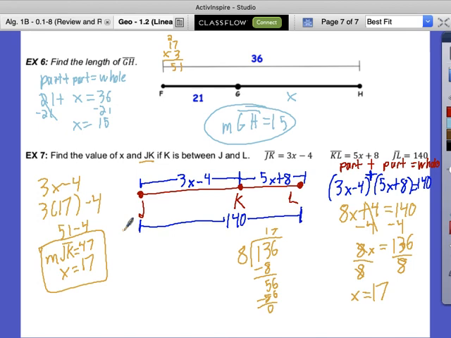Alright. Hey, so on this one, if you flip over to the back once you get it, there's the black